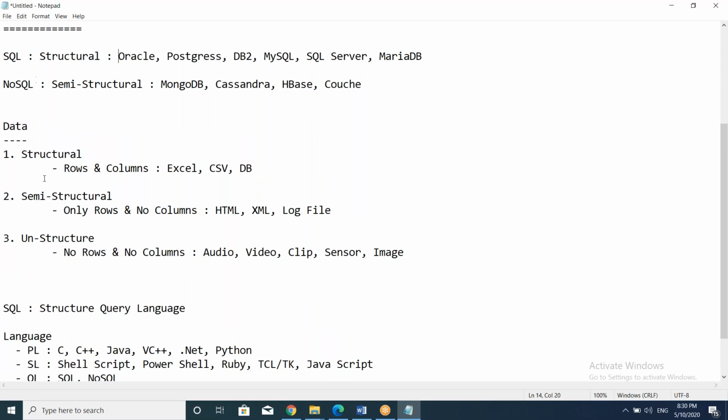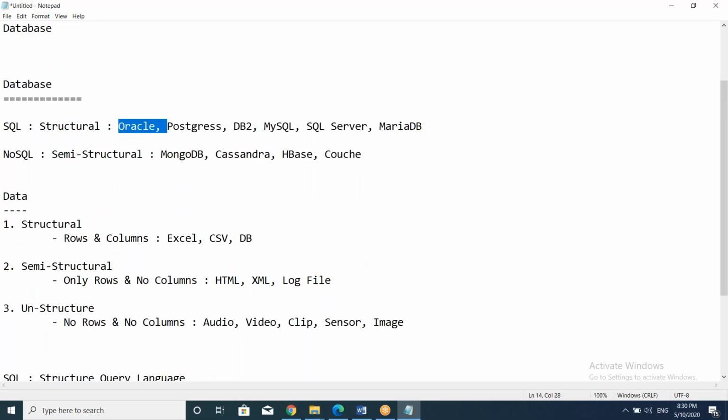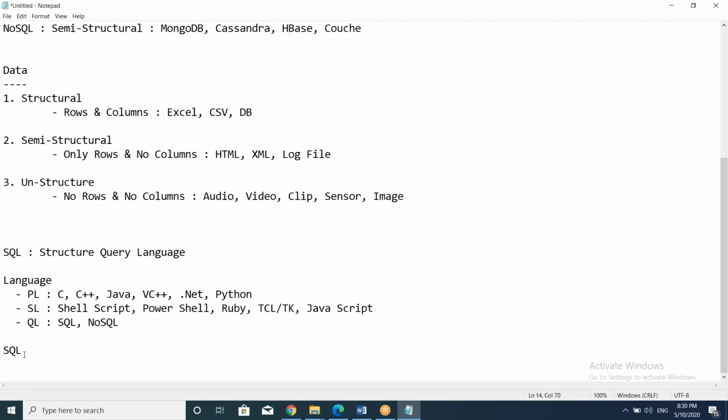So if you know this common language SQL, then you can work with Oracle, you can work with Postgres, you can work with DB2, or you can work with any kind of database. If the database changes, then maybe a little bit of syntax will change, maybe 1% or 2% changes, but all the things are the same. SQL is the common language, and everywhere it will be useful if you are working in any database.